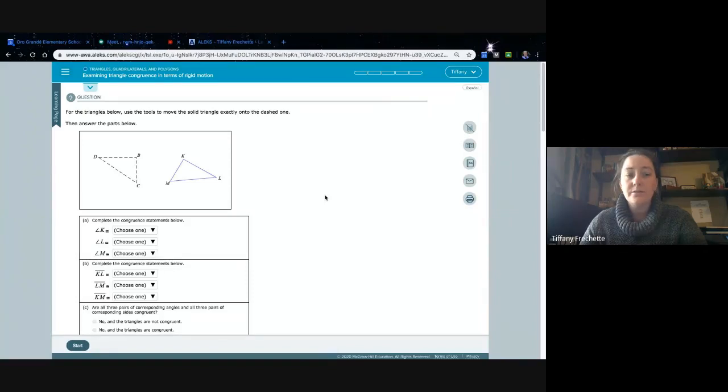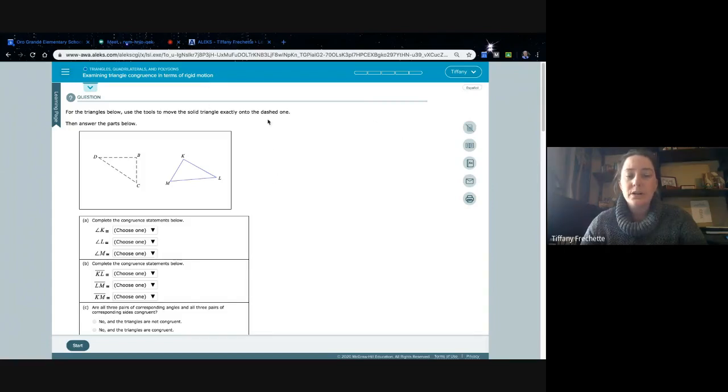Examining triangle congruence in terms of rigid motion. For the triangles below, use the tools to move the solid triangle exactly onto the dashed one. Then answer the parts below. On the next screen, they're actually going to have a bunch of tools over here, and they use the